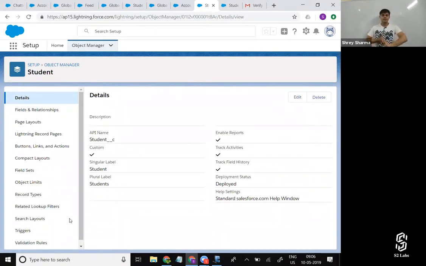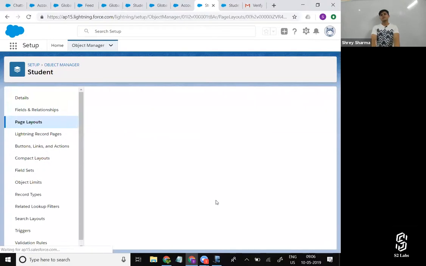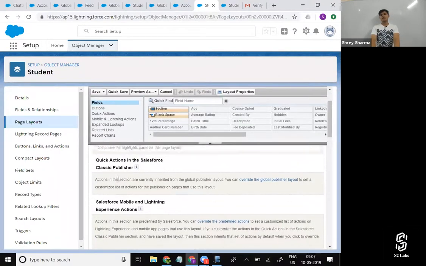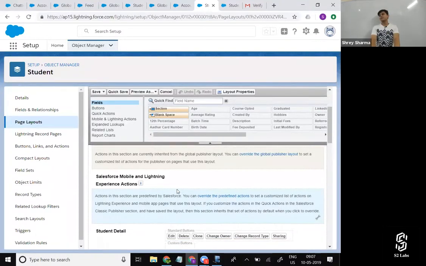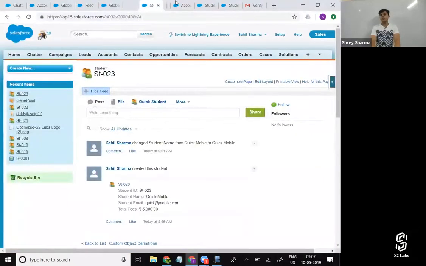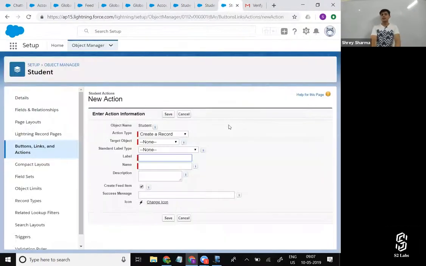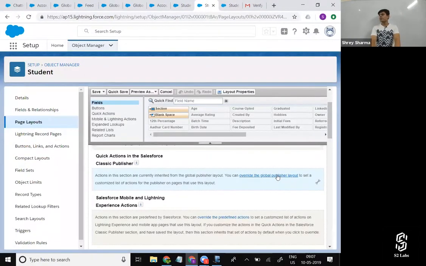Anyone in the chat? Page layout. Quick actions in classic publisher, Salesforce mobile, Lightning experience. So I'll override the global publisher layout. By default, the global publisher layout comes up. If you see, this is the global publisher layout. The actions coming up over here are derived from it. If you want to override it, just hit this,